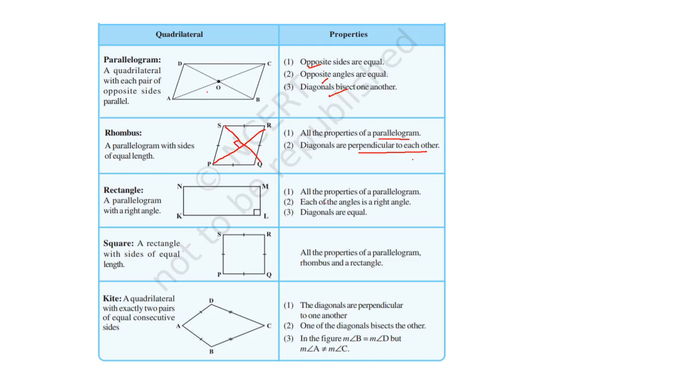फिर rectangle: all the properties of parallelogram, each angle is a right angle, और साथ में जो डायगोनल्स हैं ये आपस में इक्वल भी होते हैं. फिर square has all the properties of parallelogram, rhombus and rectangle. Kite, in which it has two distinct pairs of